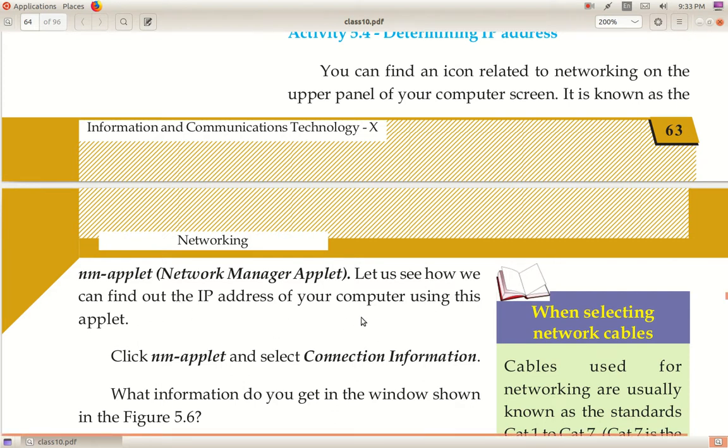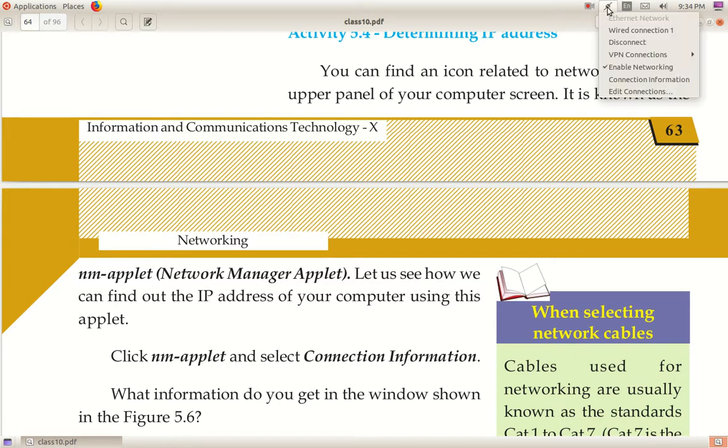Okay, you have to click on that, and here the NMApplet is not active. In this top panel, on the right side you can see NMApplet. Click on that and select what? Connection information.